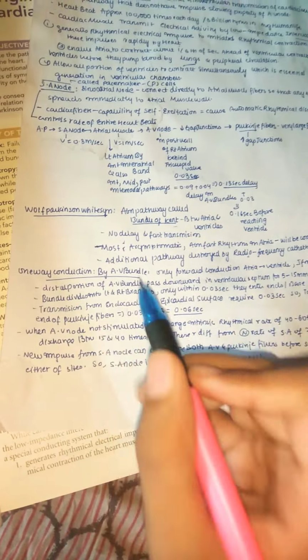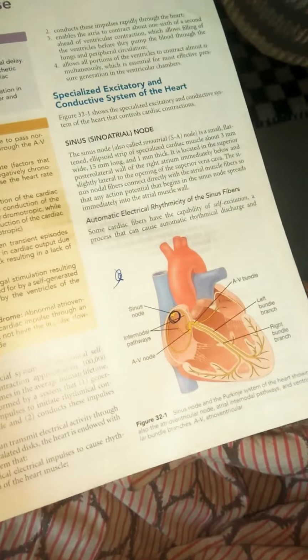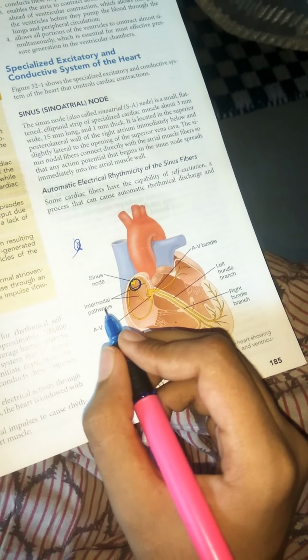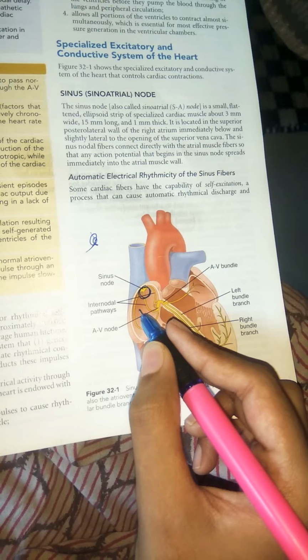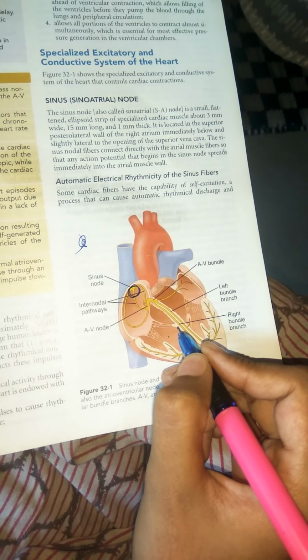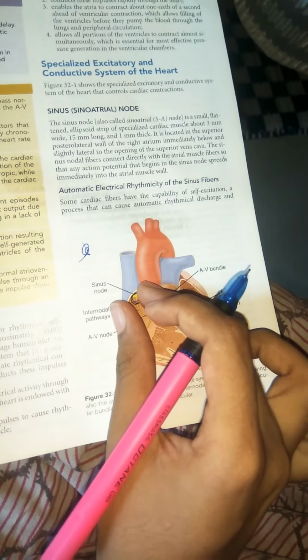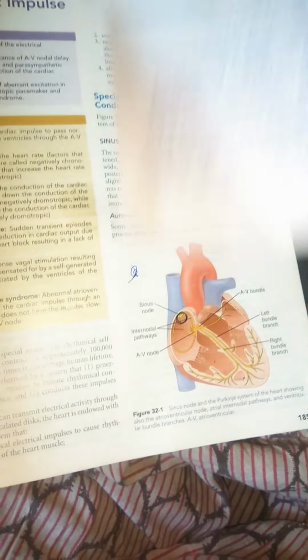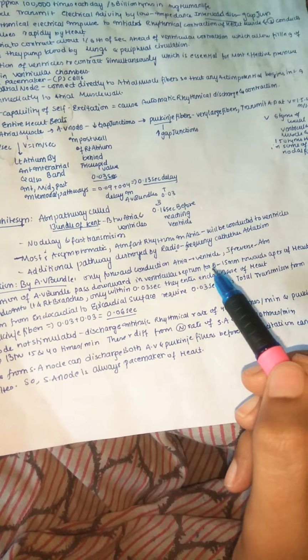So next, one-way conduction by the AV bundle. The AV bundle is only one-way conduction. You can see only one-way conduction from the SA node, that is from atria to the ventricle. That's it. The impulses may not come from the ventricle back into the atria. It's impossible because it's only one-way conduction. Only the current coming from the SA node travels to the AV node, and from the AV node to the Purkinje fibers. Only forward conduction, that is from atria to ventricle,